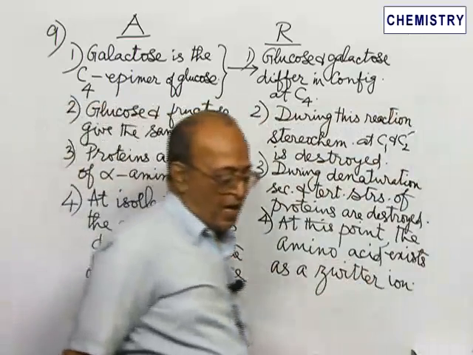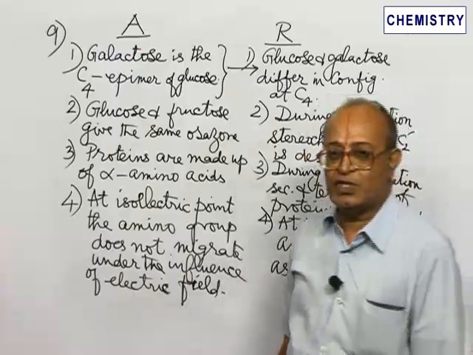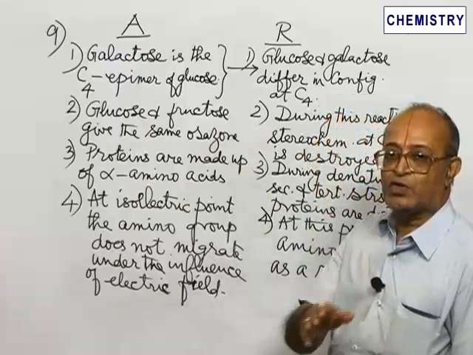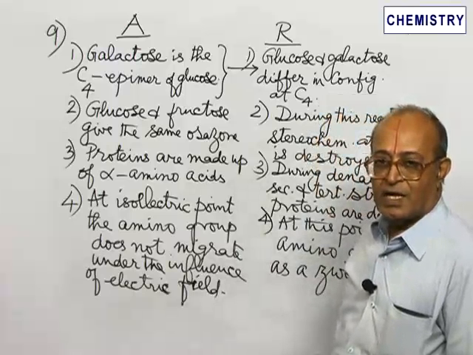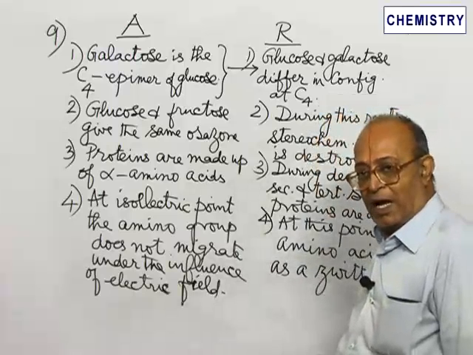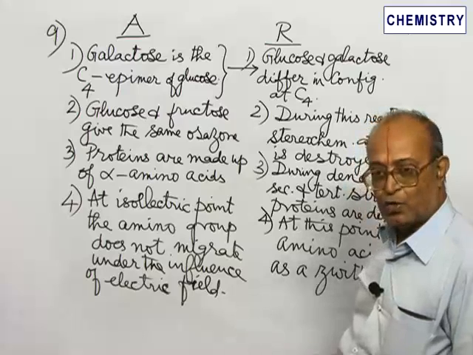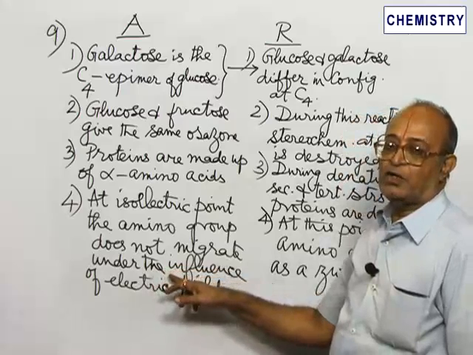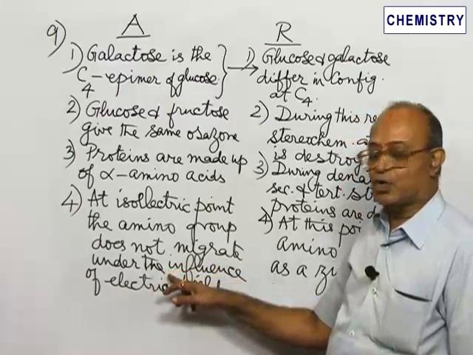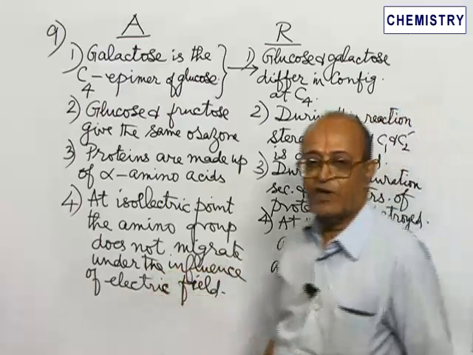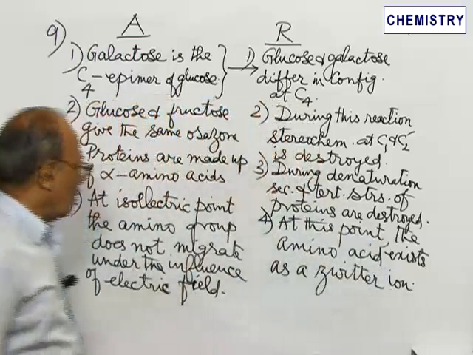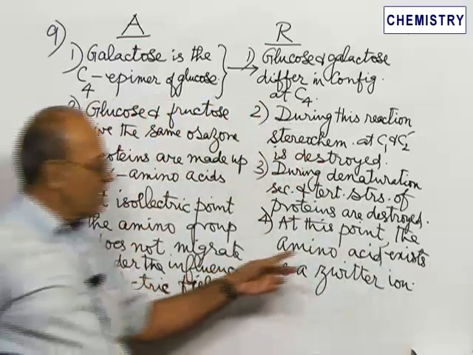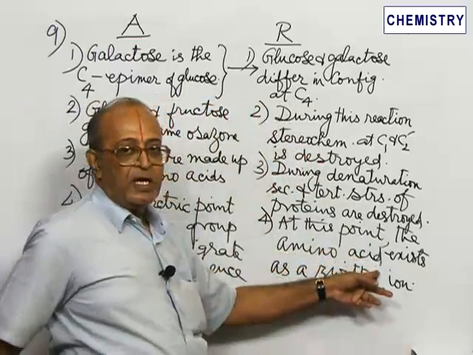That means at this particular pH, the species will be neutral. It is neither cationic nor anionic, and so it will not migrate towards any electrode under the influence of electric field. Therefore, this statement under A for 4 is correct, and the explanation is also